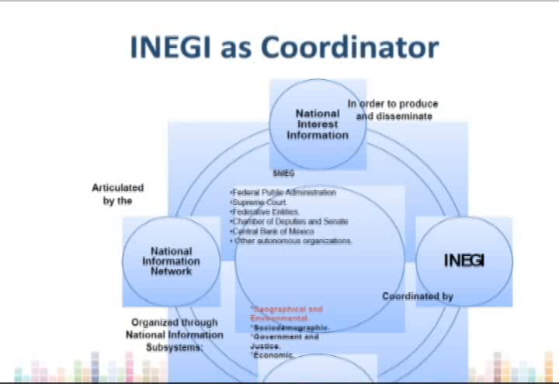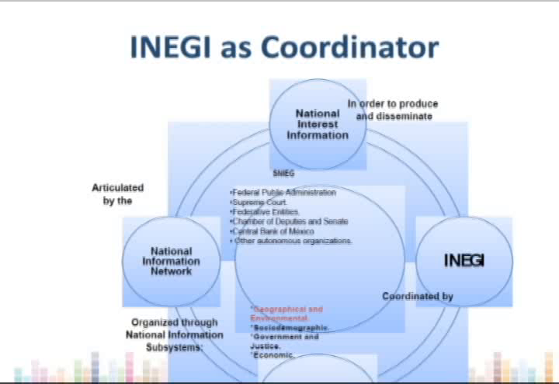As a coordinator, we coordinate the national statistical and geographical information system, which involves all the federal administration, the Supreme Court, the federal entities, municipalities, states, the deputies, Senate, central bank, and other autonomous organizations. All the information that all the states produce is coordinated and disseminated by our institute,